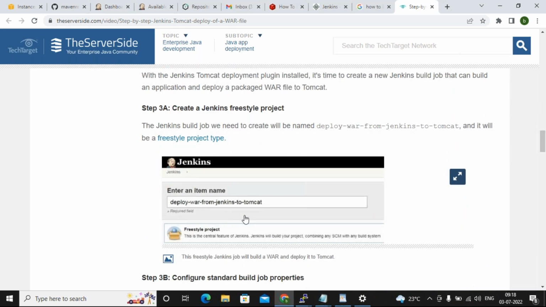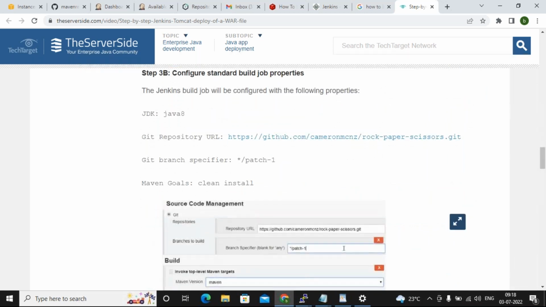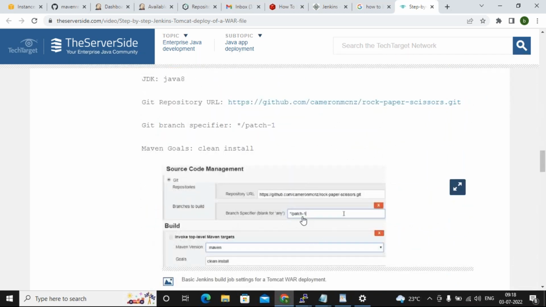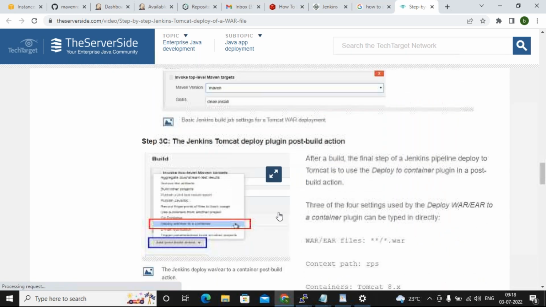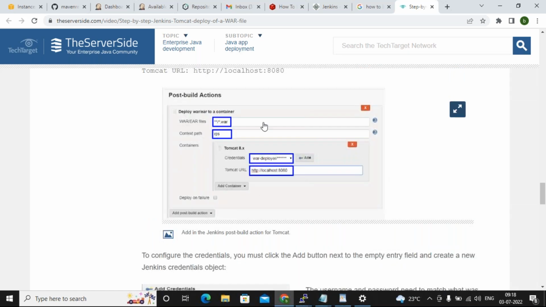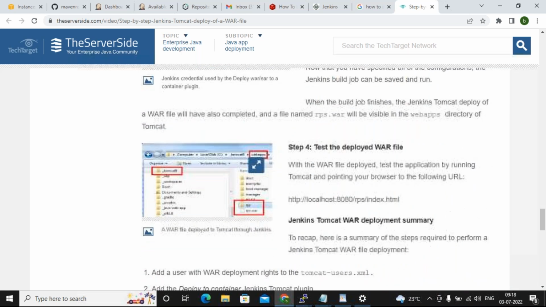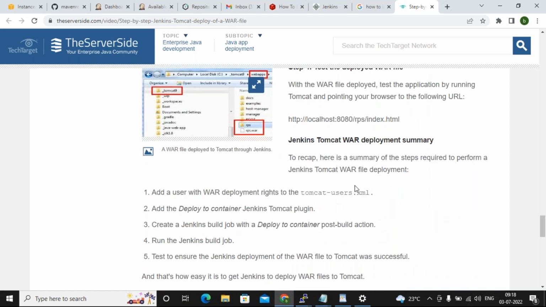Once you install the plugin, you will get the Tomcat server information, where to define the path. See, the Tomcat URL you may get. The war file location, the context path, then the credentials for your Tomcat. You write it like this. In that way you can define. That is your responsibility, finding the plugin.